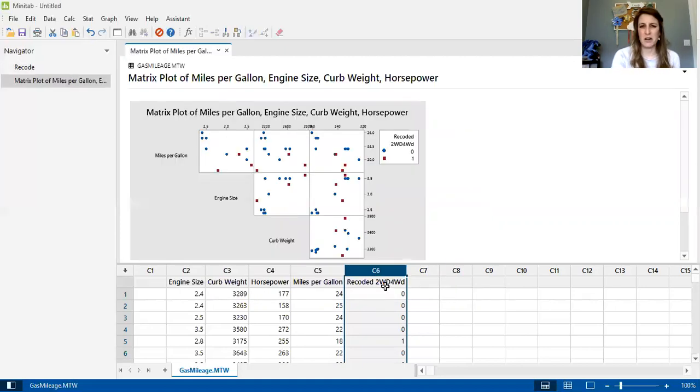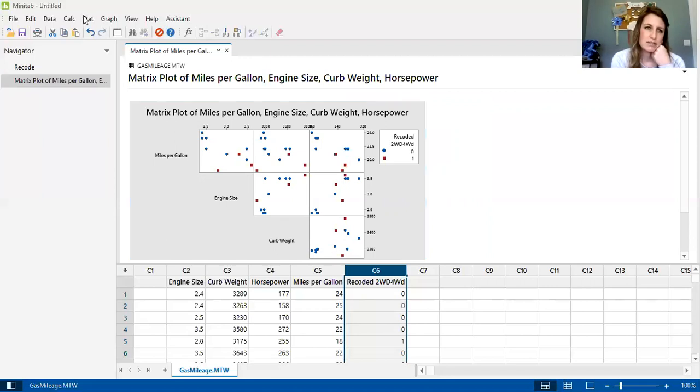Sorry, sometimes this is a little slow. It doesn't look great, right? The reason why it doesn't look great is I only have 13 data points. So it's hard to really get an idea of what's going on. This right here does look like a negative linear. This one's a little bit all over the place, possibly negative linear. Here I've got negative linear. Remember for this, I'm really just interested in this top row because that's my Y with each of my predictors. Okay, so I want to keep that in mind. I can't really tell. Maybe this last one has the strongest relationship, but I really need to look at my